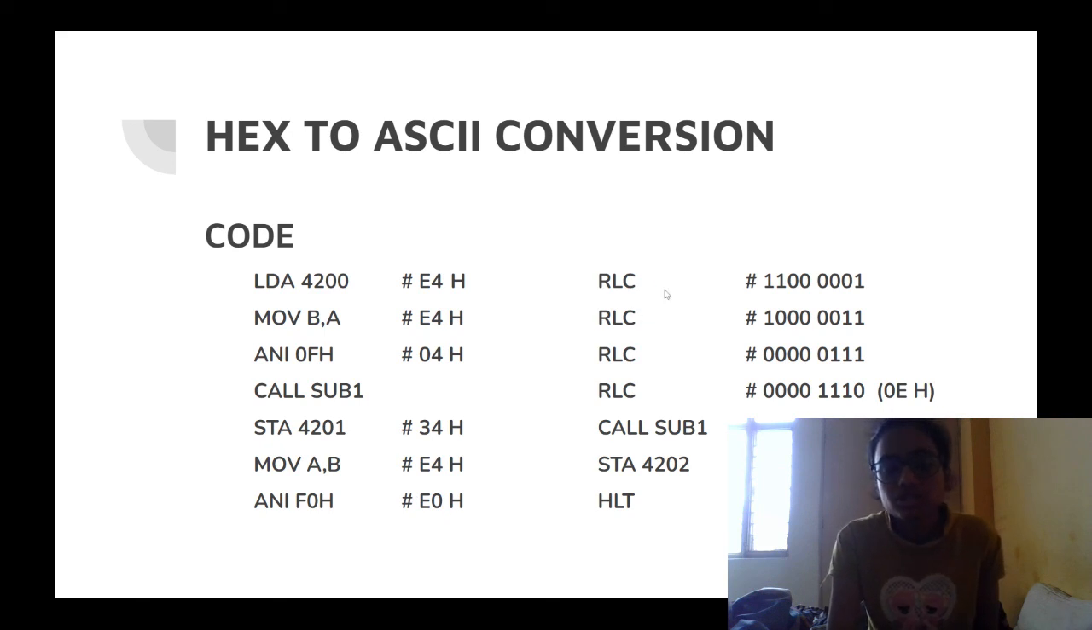And using rotation with RLC, bits are rotated, so the upper nibble is shifted to the lower nibble. Since we need to shift it 4 times to exchange the nibble, RLC is written 4 times, and hence we get 0EH. Then again the subroutine is called,